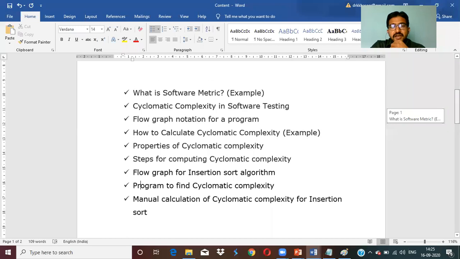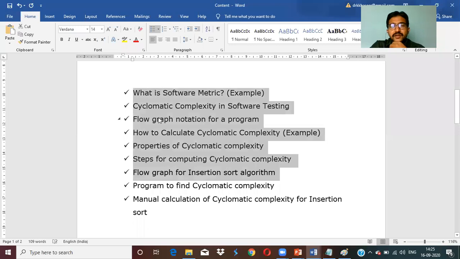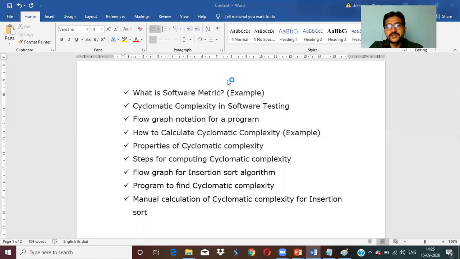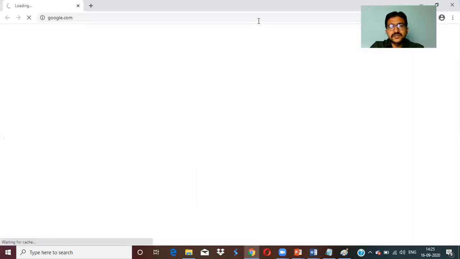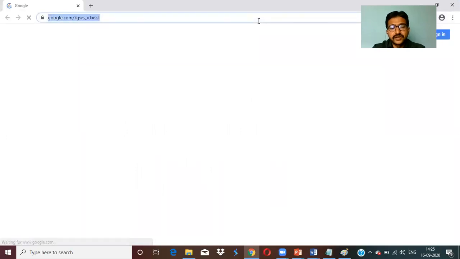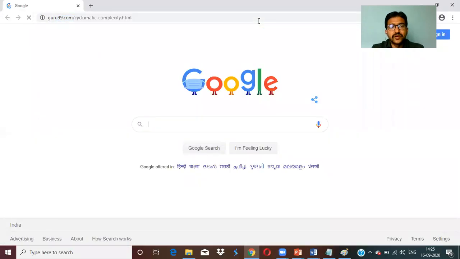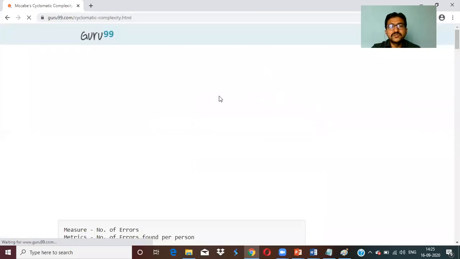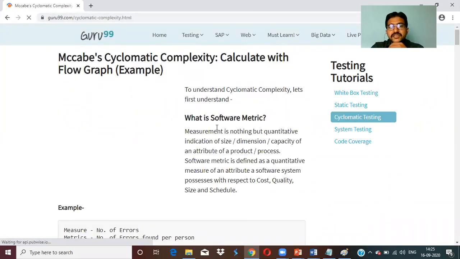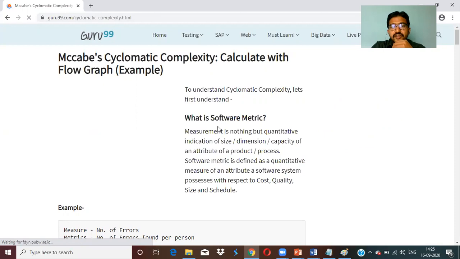So this is the agenda we need to add in your documentation. These are the points: 1, 2, 3, 4, 5, 6, 7, 8, 9. Totally 9 things need to be covered. Up to here, it is automatically available on the website, as I said, Guru99. Already it is there in the Moodle Cloud. Please visit Guru99. Already it is there.